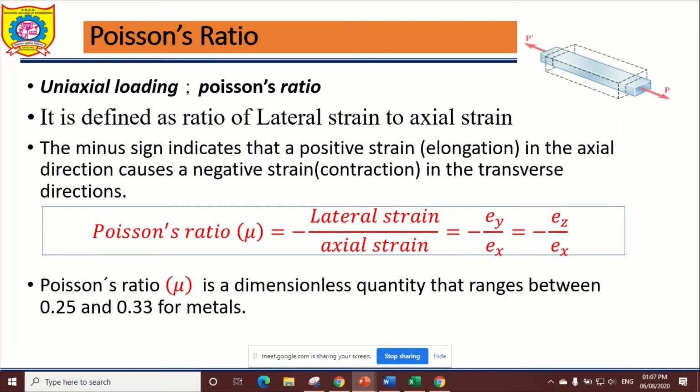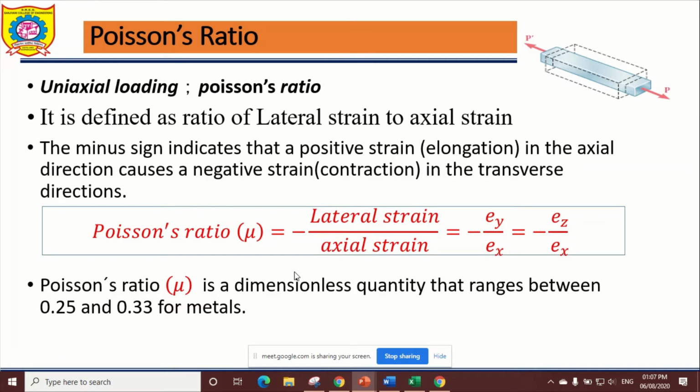According to that, the Poisson's ratio will be varying between 0.25 to 0.33 for all the metals. For the composite, the value of the Poisson's ratio will be different for different metals. But for the metals only, it is varying in the range of 0.25 to 0.33. This is the one